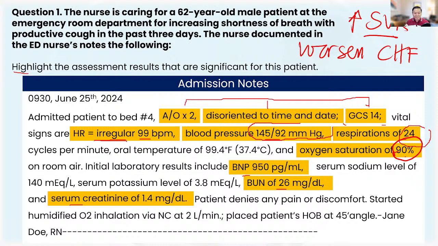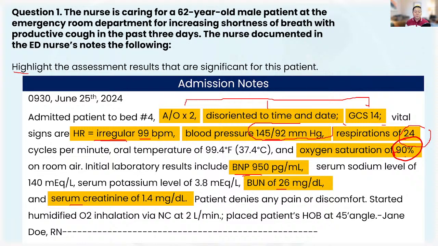Okay. Now, another thing here is the BNP of 950 picograms per ml. What is that? Remember about the BNP. This is a peptide. This is a hormone that is normally produced by the heart, the ventricle. And this is going to be released. It will be elevated when there is fluid volume overload. Okay, we're talking about the BNP. This is a hormone that is released when